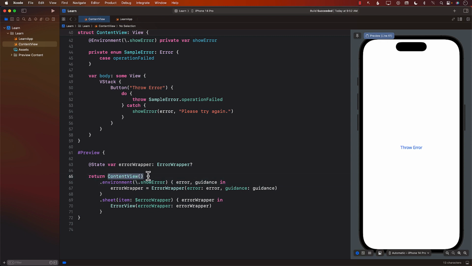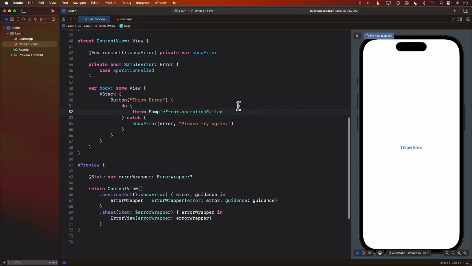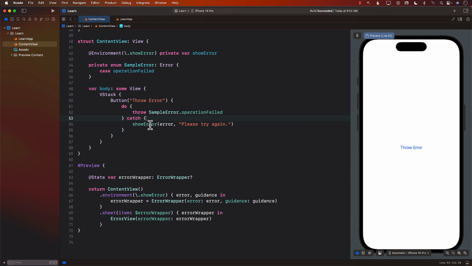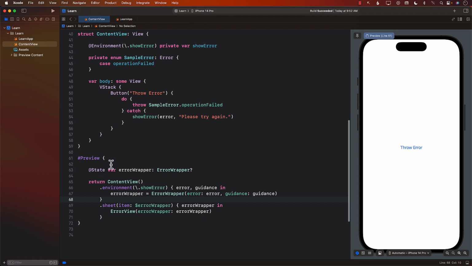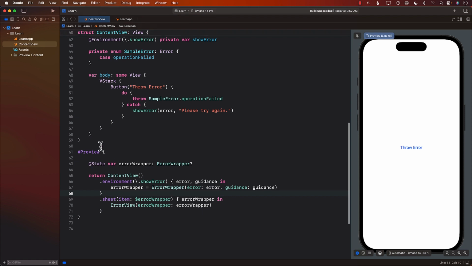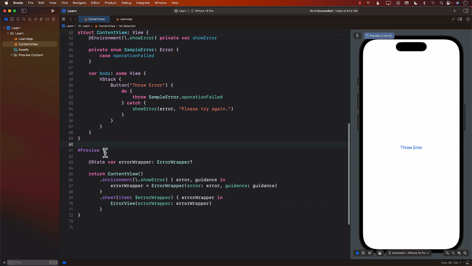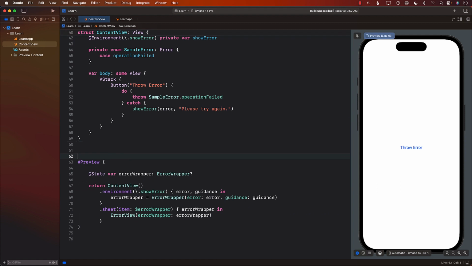When we are dealing with the environment, even though we can click and it throws the error, if we go and see the environment variable, show error is not correctly being set, because you have to set it at a little bit higher level. All right, so one way to do that, at least that's what I know, is to create more of a container pattern. So what we are going to do is we're going to create another struct, and this is only